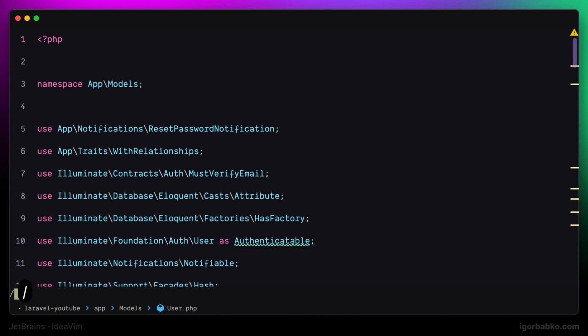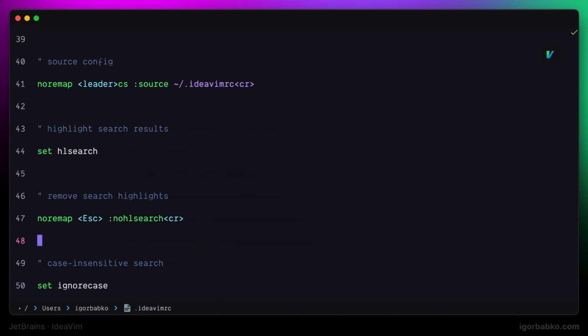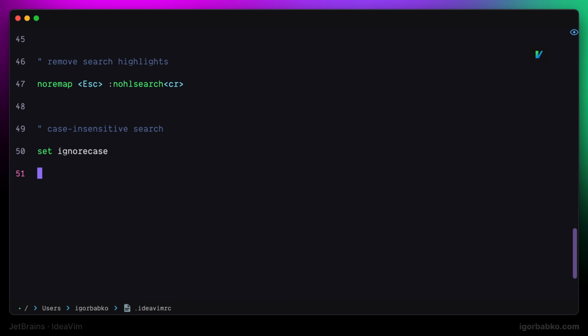And thankfully there is such an option in Vim that can make search case sensitive when we use at least one letter capitalized in our search query. But actually, before doing that, we have to activate smart search. So in here I'm going to add a comment and then let's apply the setting called smartcase. This is the setting that will make search case sensitive in case we're going to use a capital letter in the